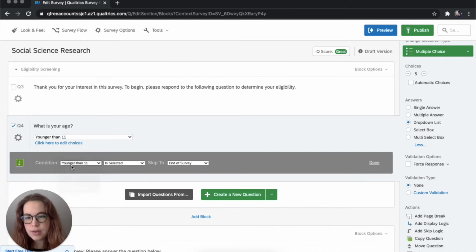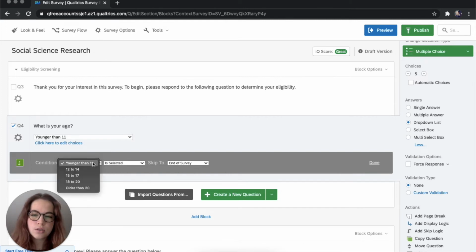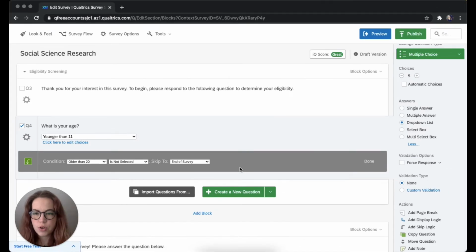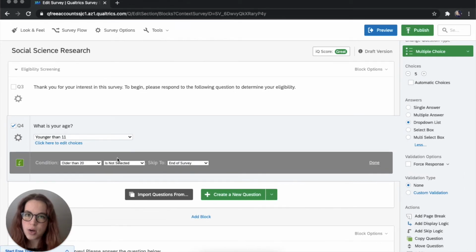We can click on if younger than 11 is selected, then skip to the end of the survey. We could also do if older than 20 is not selected, then skip to the end of the survey, or anyone 20 or younger would not be able to answer any of the questions and would be redirected to the end of the survey. This won't work well for us because we need to exclude those younger than 18, and this would exclude those younger than 21. Now we could go back and change our question and make it simpler so that it works within the skip logic framework,